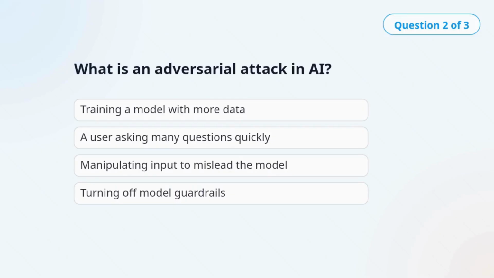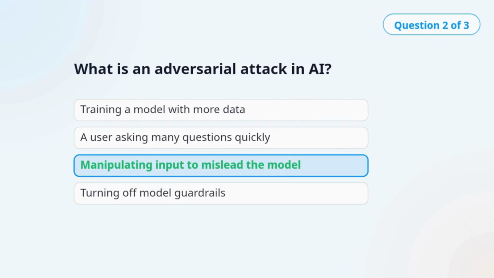Question 2. What is an adversarial attack in AI? The correct answer is manipulating input to mislead the model. Adversarial attacks involve subtle input changes designed to make the model produce the wrong output.